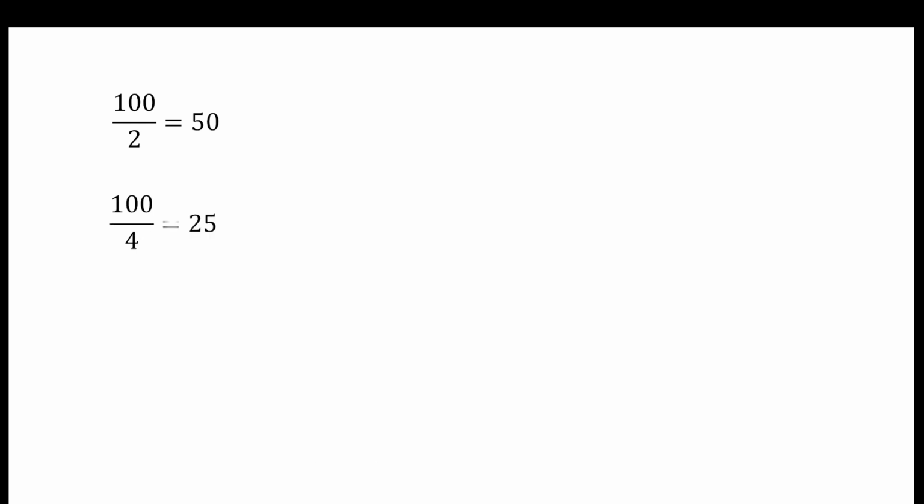You already know 100 divided by 2 gives you 50. So what is 100 divided by 4? Of course, that is 25. Again, we'll do the half of this, which is 100 by 8 gives you 12.5. Again, if I do the half, 100 divided by 16 would be, yes, 6.25. Right? So it was easy when we were connecting it to the previous number.